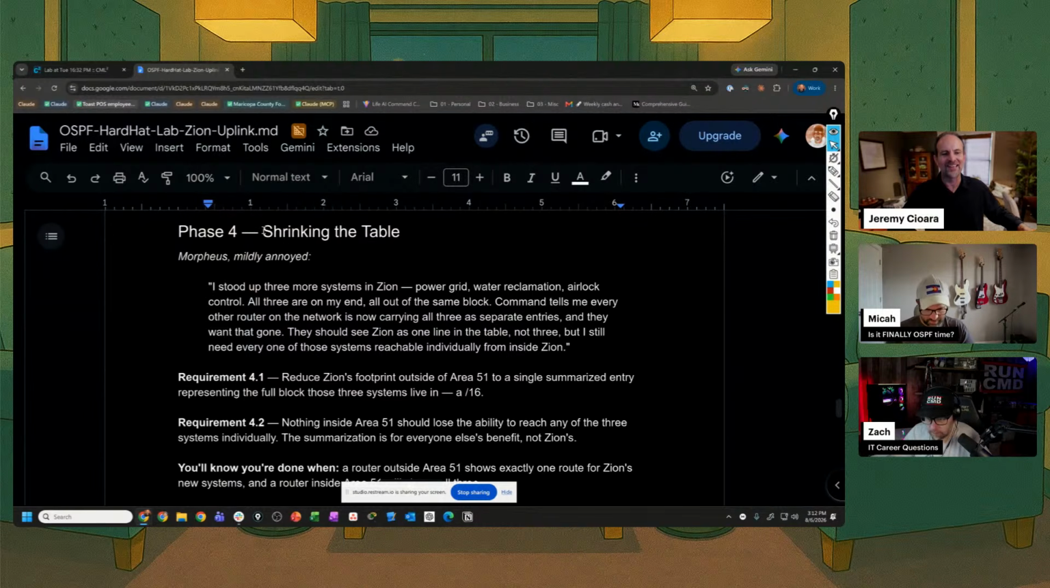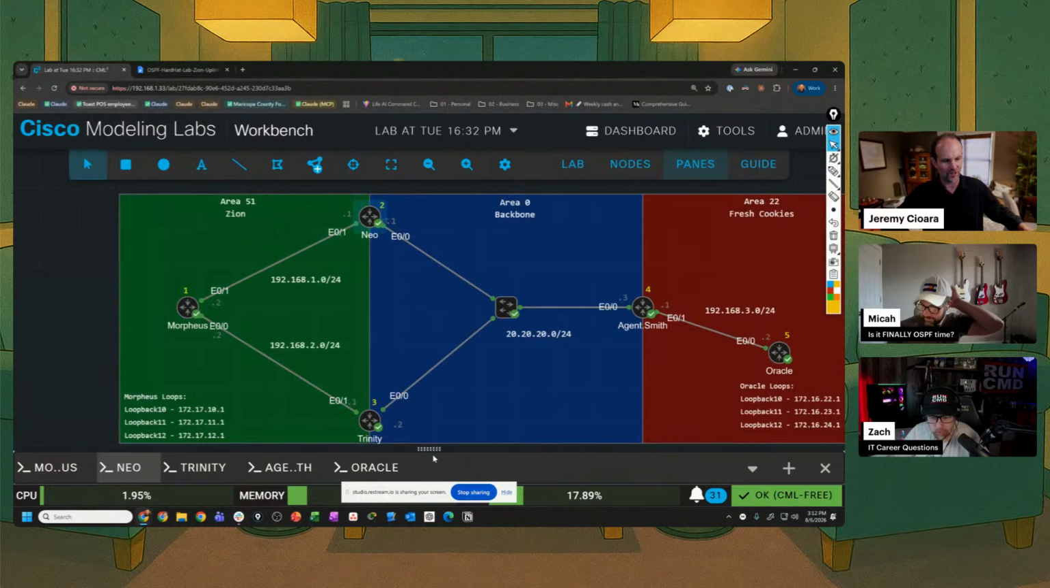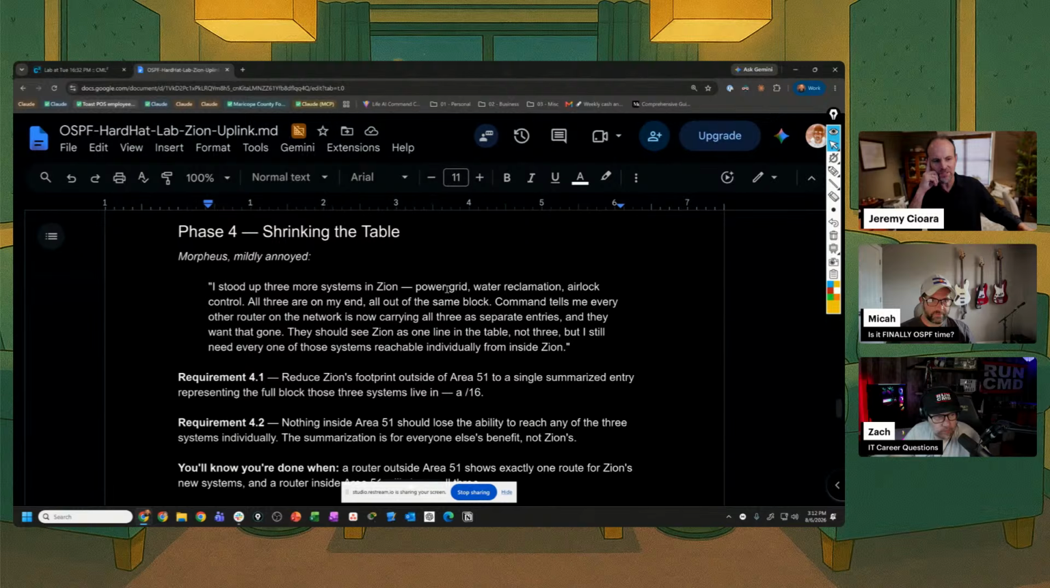Phase 4, shrinking the table. This is where it gets cool. Morpheus, mildly annoyed: I stood up 3 more systems in Zion. Okay, hang on. Let's make sure we're seeing the picture here. Morpheus is over here in Zion. There's his 3 systems. I stood up 3 more systems in Zion: power grid, water reclaimed,